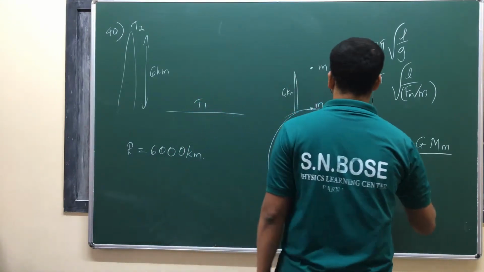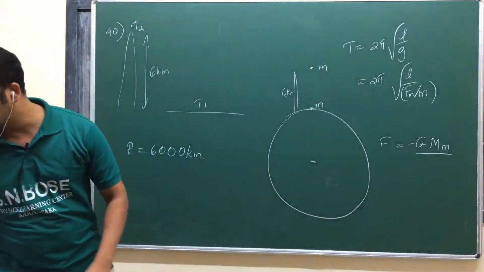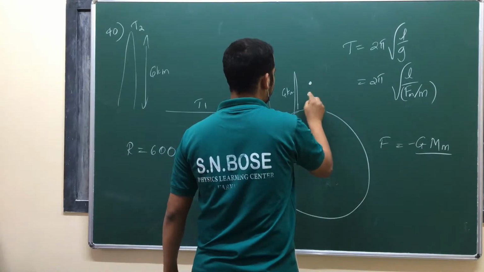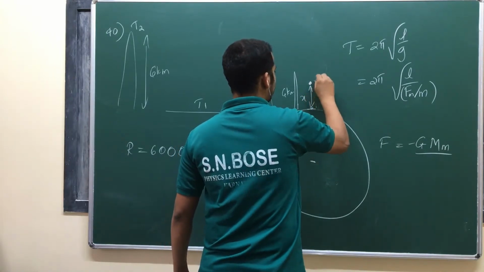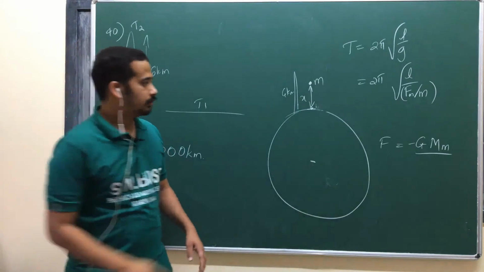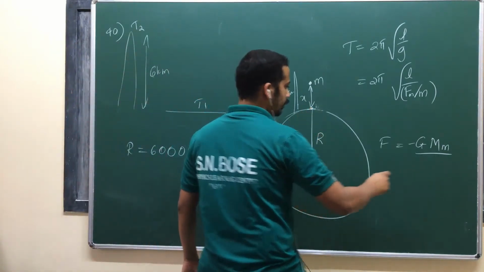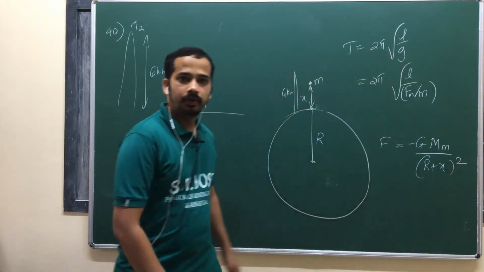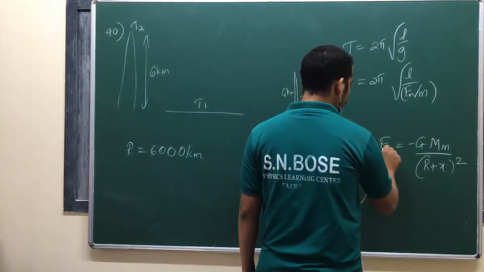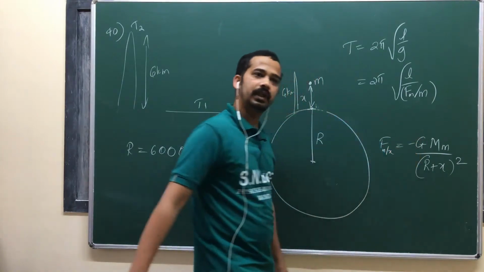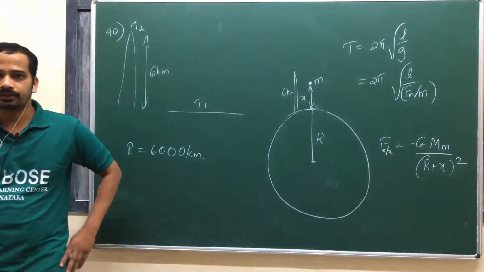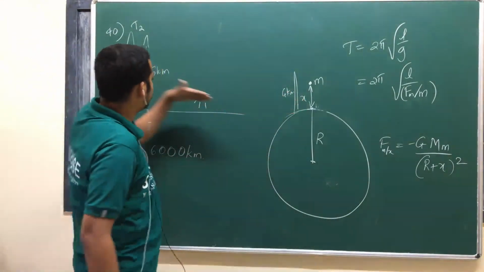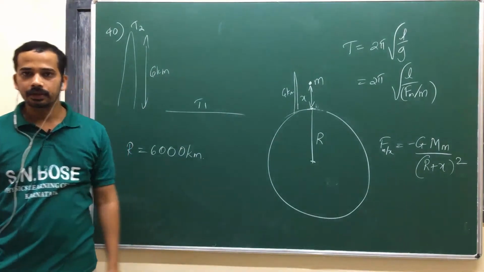Now in this case, suppose the mass is at a distance x from the surface of the Earth. Let me take it like this in the generalized situation. So r is the radius of the Earth, and the distance is r plus x the whole square. Force on mass m at x, where x is the height from the surface of the Earth, and I have taken the surface of the Earth as sea level.